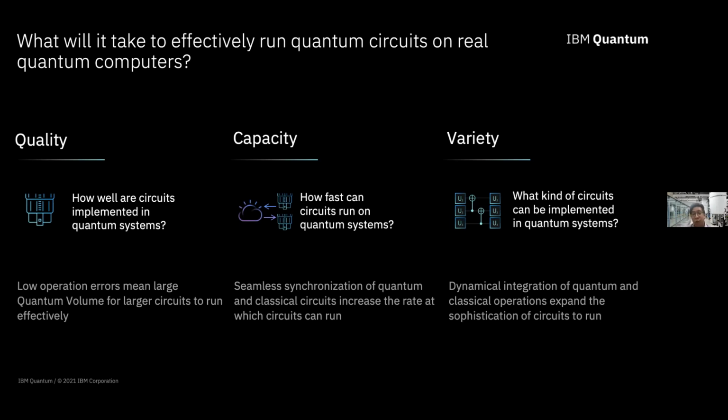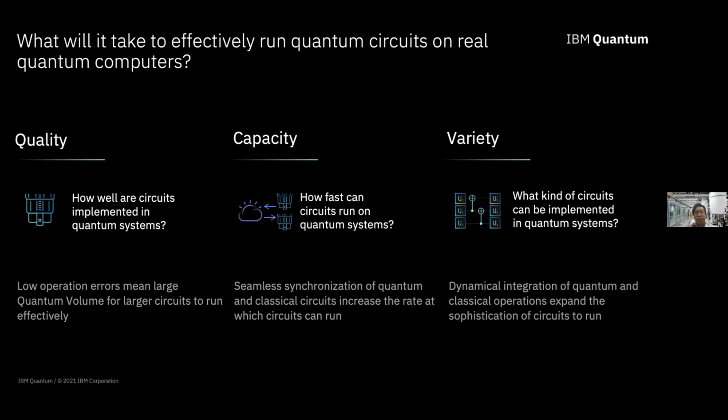Effectively of measuring your quantum circuits, and within even the coherence times of your qubits, being able to drive the system to someplace else. So think of iterative phase estimation or other kinds of really real-time circuits. This certainly broadens the scope of quantum circuits that you can run away from just the simple, here's a few gates, here's a measurement followed by classical operations. Now you're talking about a more dynamic integration, which broadens the variety of types of circuits and algorithms that can be run on quantum computers.